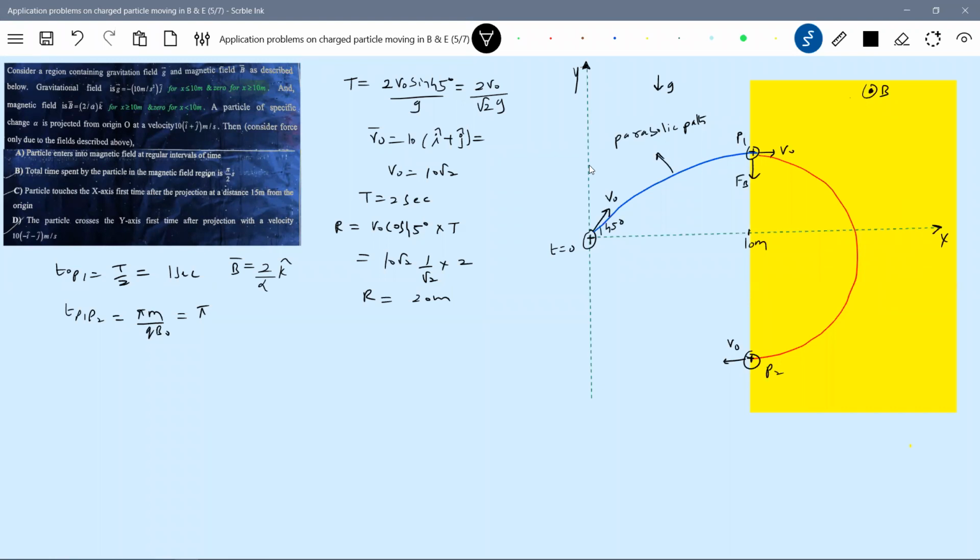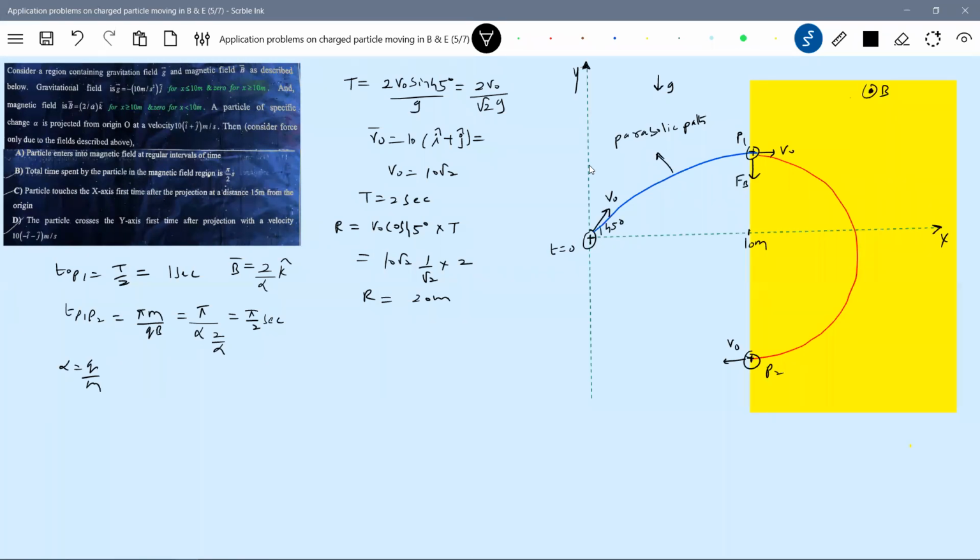Okay, let me substitute all the values. Pi, this will become alpha. B is 2 by alpha. The total span by the particle in the magnetic field region is pi by 2 seconds, where alpha is q by m. Let's get into it. Okay, we got option B. Luckily, one option we are on the safer side. Then